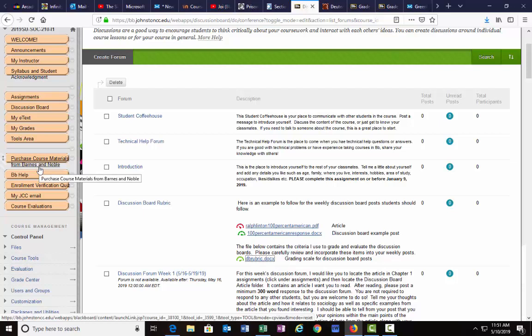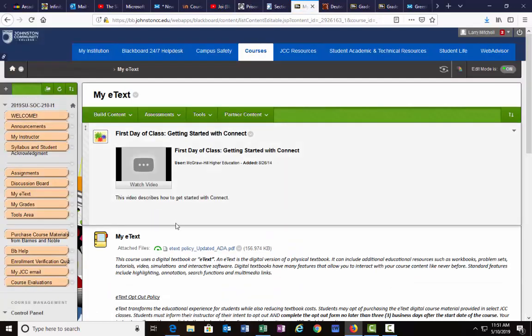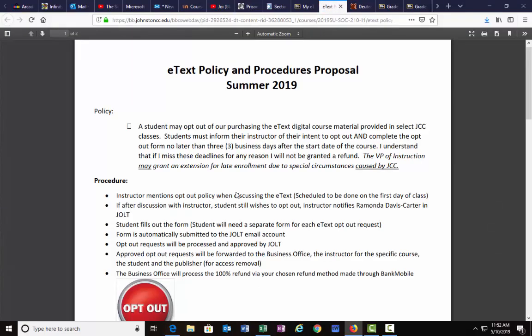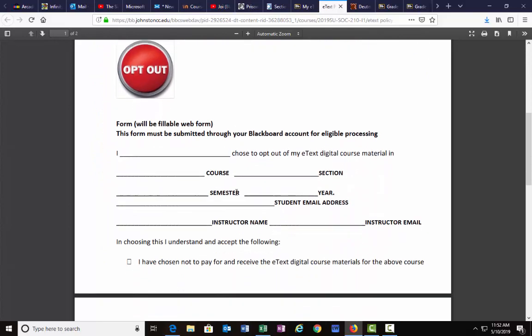Some weeks we'll double up on those assignments to accommodate the summer calendar schedule. The My eText tab is where you will click to actually find some of the information if you need some extra help there. One of the things we have is that being in the eText is optional, so you can opt out. I don't recommend that for anybody, but this form is right here, and basically it says you can have